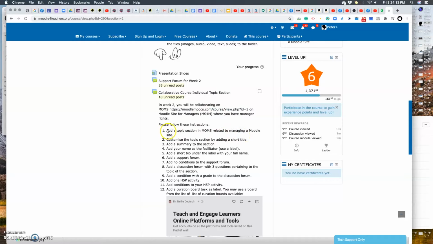First of all, we have to add the topic section, customize it, add the summary to the topic section, add names as the facilitator by using labels, add short bio under the labels, add support forum, add no condition to support forum, add discussion forum with 3 questions pertaining to the topic, add conditions with grades to the discussion forum, add the H5P activities, add conditions to your H5P,